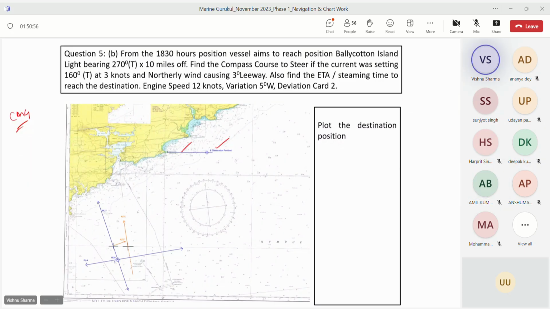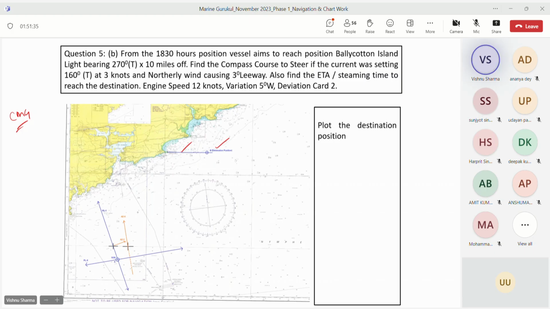If the engine speed was not given here, I would have picked it up from the general remarks on top. Is that clear? Please remember this question is slightly different from the previous one. It's not exactly the same. So now, please write down the four elements that you have. One is CMG, which is already drawn on the chart. Other is the set, rate, and engine speed. So these are the four elements: CMG,